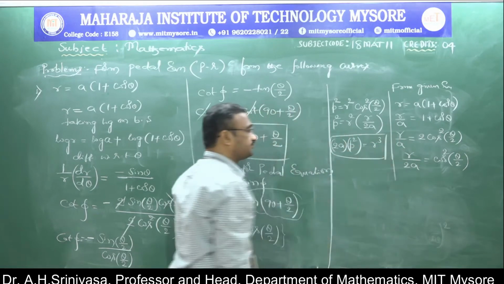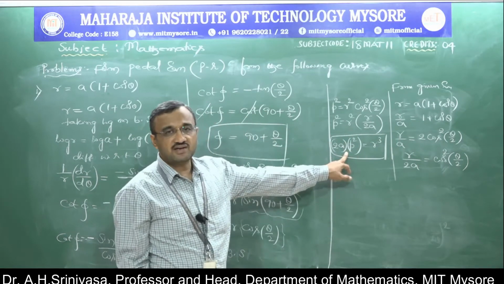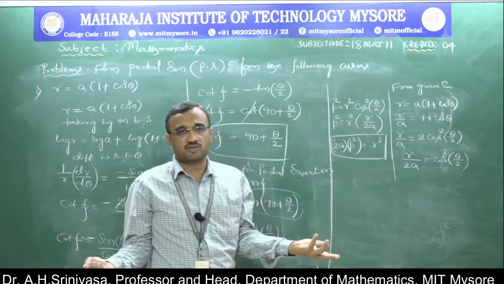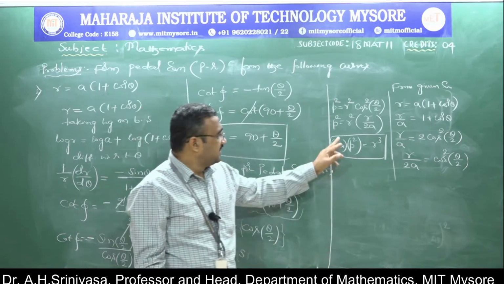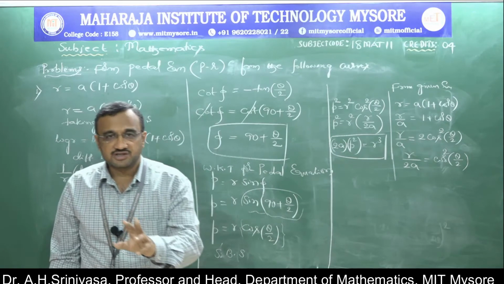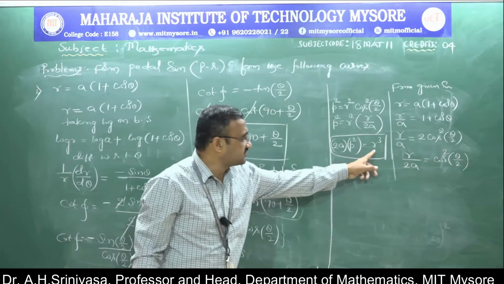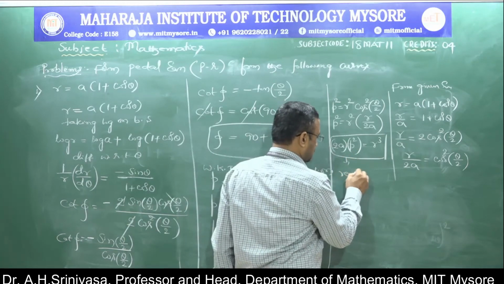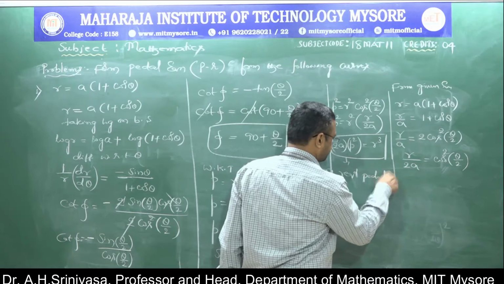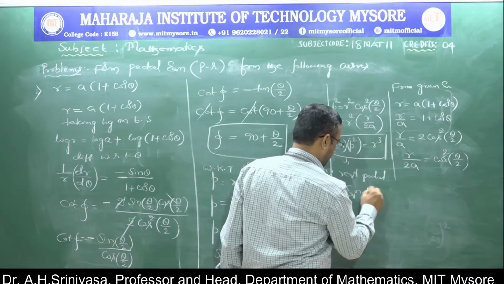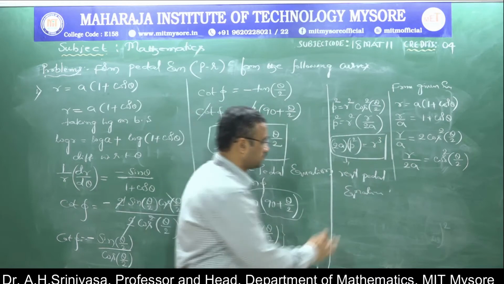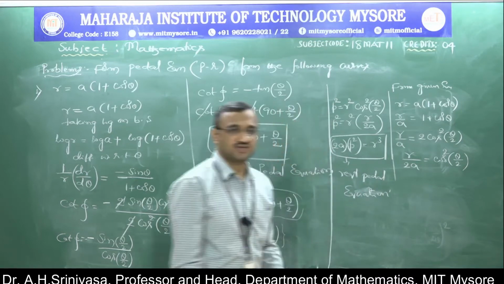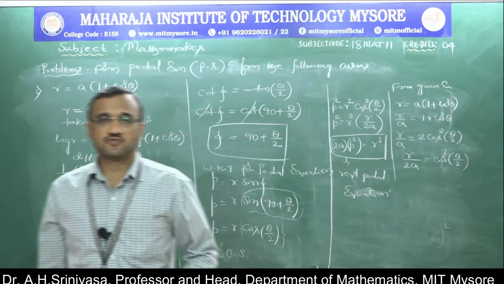See here? In this equation there is no angle. This equation contains only p and r along with a constant. No problem about the constant. Simply, an equation is said to be a pedal equation if it contains only p and r. This is the required pedal equation. So this is the procedure to find the pedal equation.